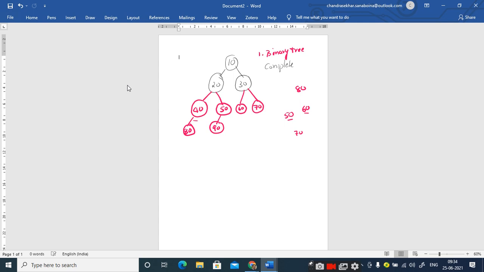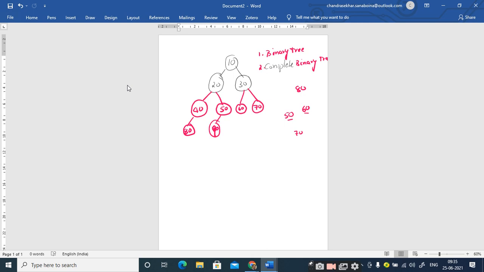Is it a complete binary tree or not? No, sir. It is not a complete binary tree. Why? Because it is not satisfying the property of the complete binary tree, which says that the last level should be filled from the leftmost position. Here the leftmost position is after this 80 occupying the leftmost part, we have a gap here. So if 90 is placed here, then we can say that it is a complete binary tree, but it is not doing like that, right? So 90 is placed as the left child of 50. So this is not satisfying the complete binary property, right?